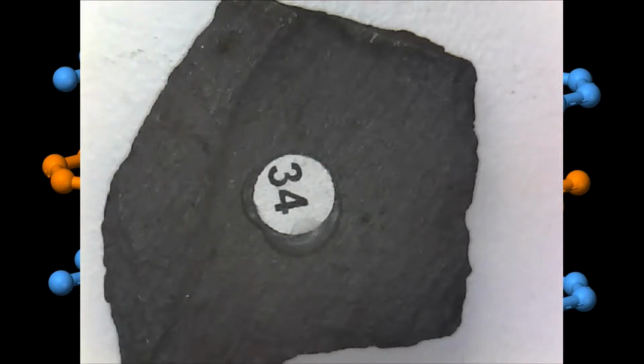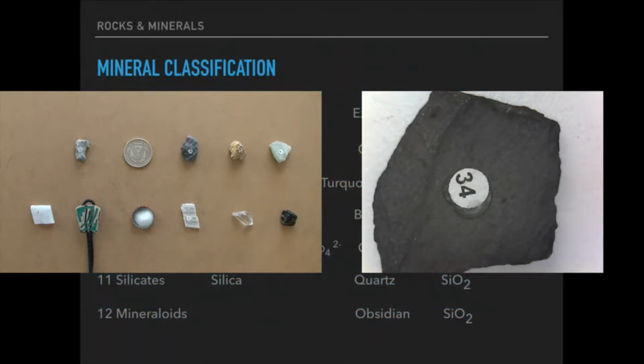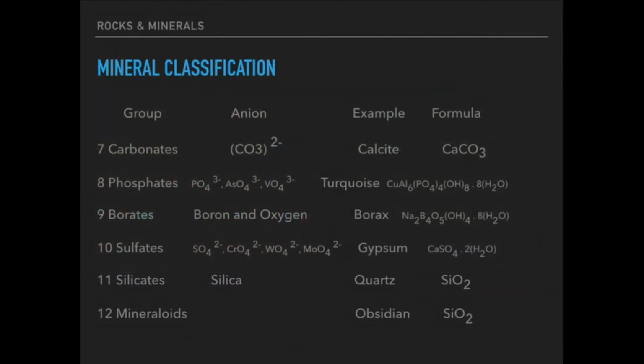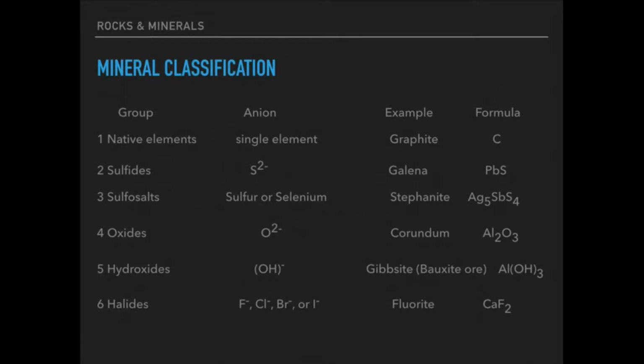So that's carbon. And anyway, let's move on to our next group here. And the next one is the sulfides. All right, if you look over here, oh, that's the wrong book. The sulfides. And the sulfide has a sulfur ion. And if you look at sulfur on the periodic table,